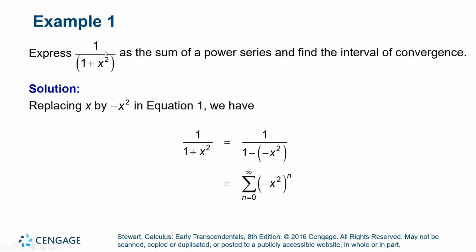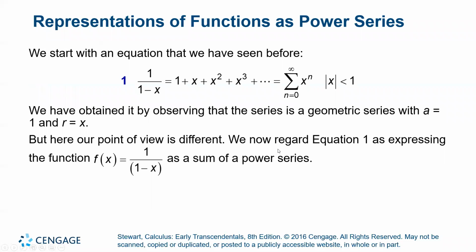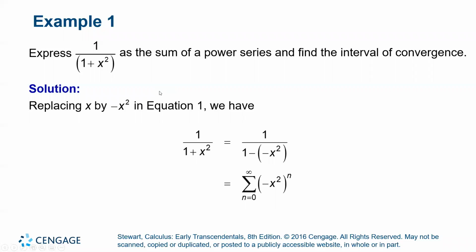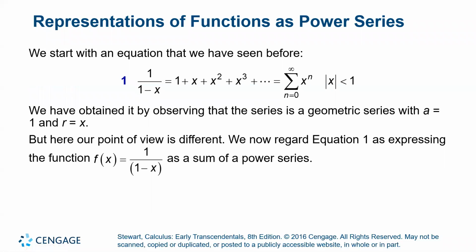So in order to make it look like 1 over 1 minus something, we need to switch it to minus a minus, which of course we know is plus. So 1 over 1 minus negative x squared makes it look like the form 1 over 1 minus x. So instead of x, we use negative x squared. Now, again, sorry for going back and forth so often, but 1 over 1 minus x, this x becomes the power series,